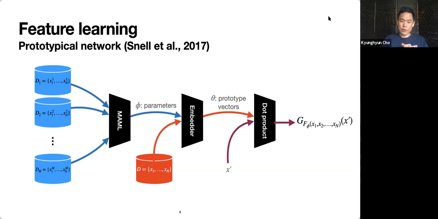This prototypical network architecture looks into many different sets of few examples, and tries to figure out the right way to embed a new set of few examples, so that we can use a dot product, a very simple operator, to figure out to which class this new example x prime belongs. So it returns prototype vectors given a new set of few examples. That's the reason why it's called a prototypical network.